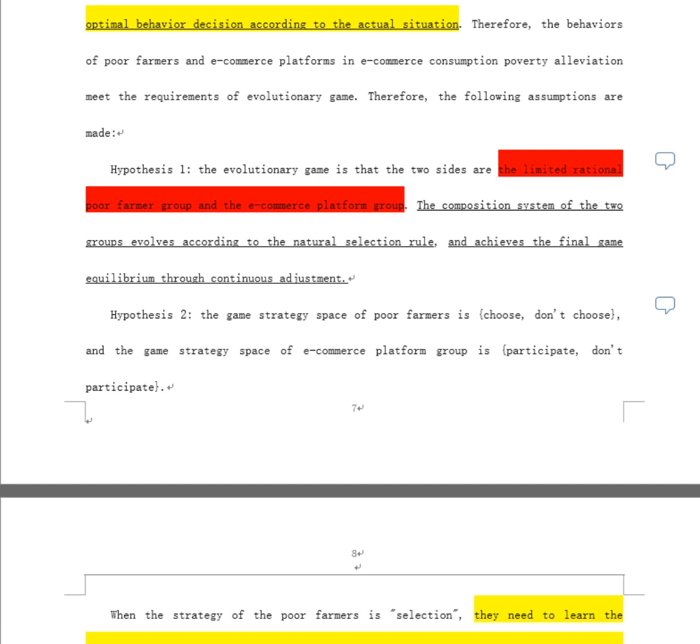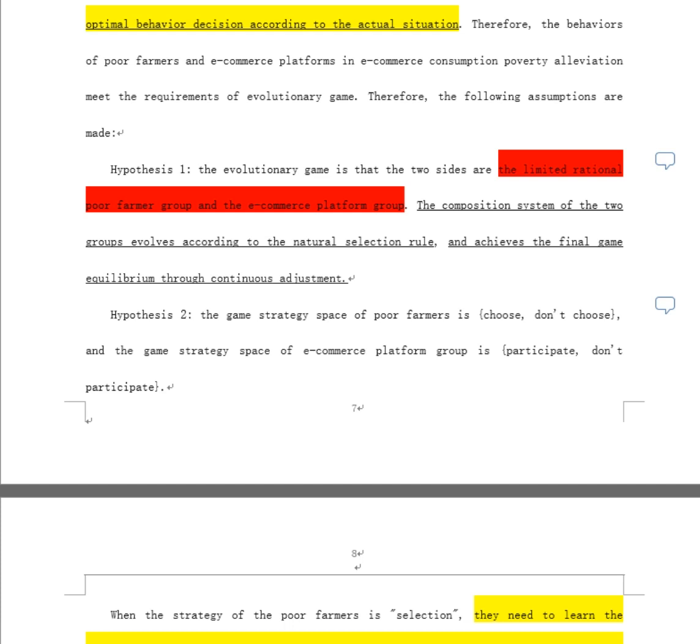It's like there are two different groups of people. One group of farmers are very good at dealing with e-commerce, and another group of farmers are not good at dealing with e-commerce, maybe because they are old, something like that. So there are two groups of people. In the later part, you set x as the fraction, or the ratio, of the people